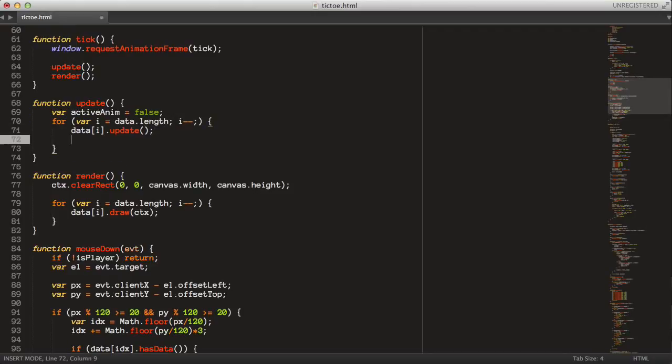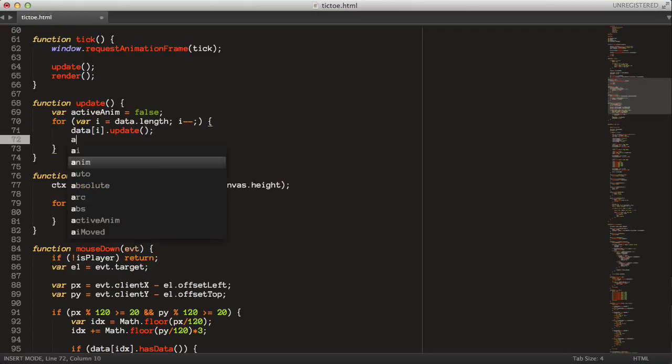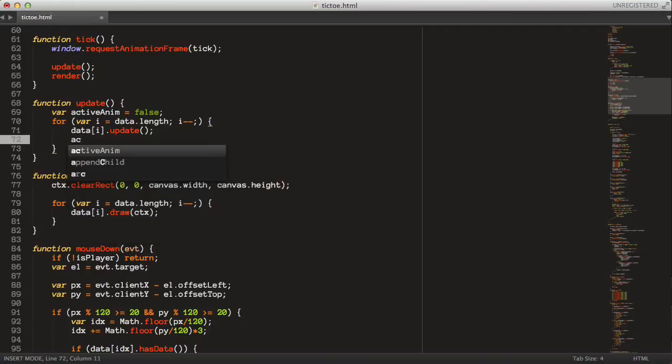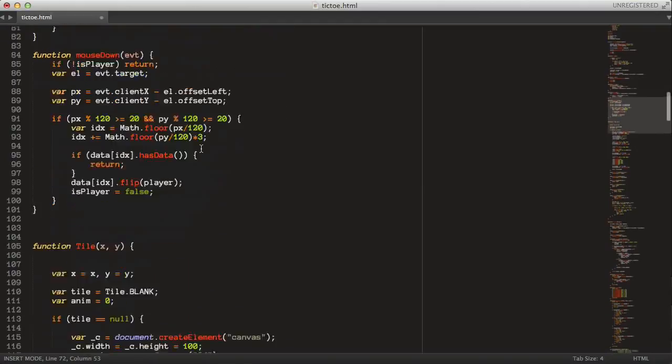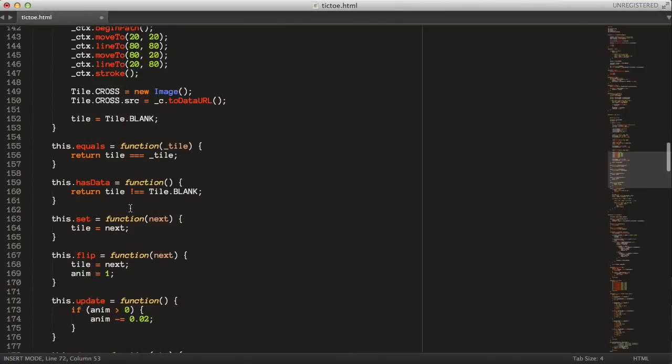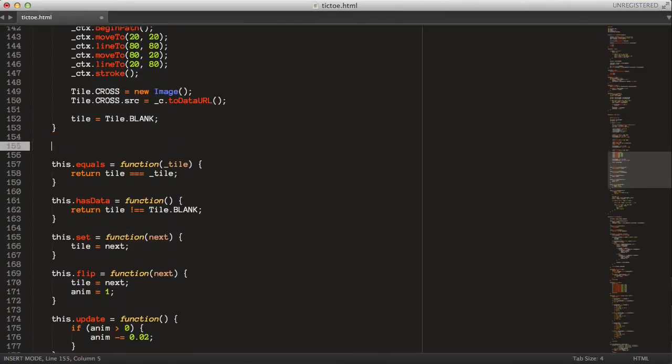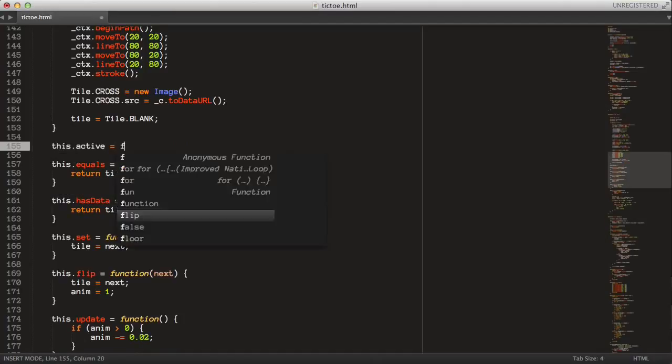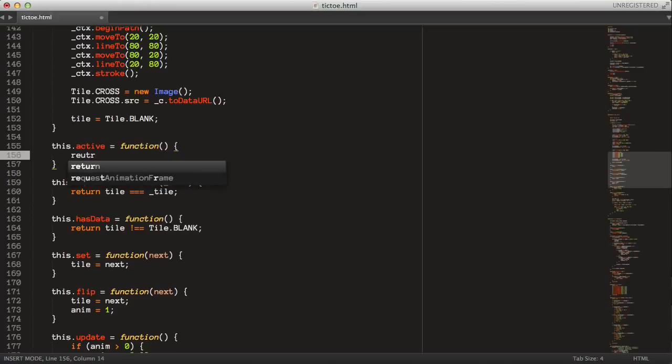Then each time we update our tile, we set the active animation to the data at i.active. And the active method here just returns